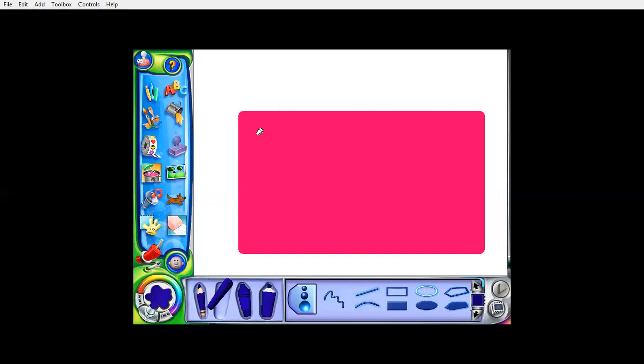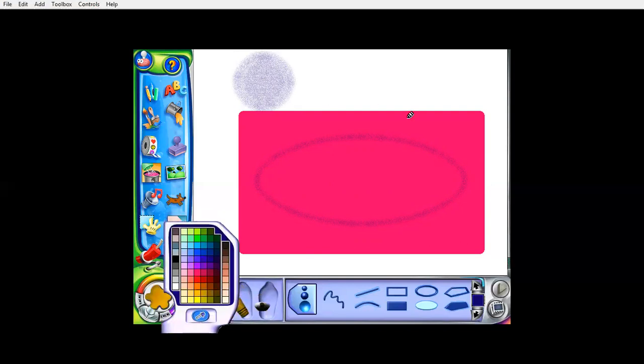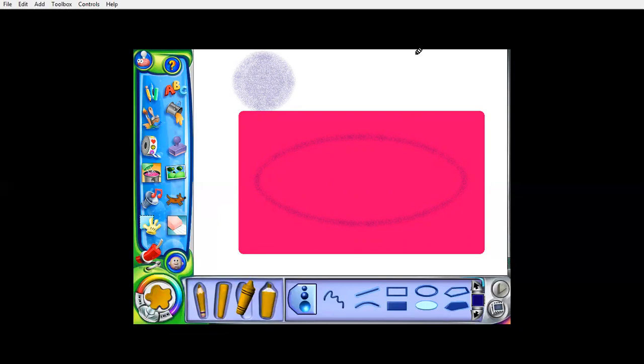You can make it inside also. See, I have made such a big oval inside the rectangle. You can take a fill color also, a filled oval also. I have made my filled oval over here. I can take a crayon also. Let us take a crayon. Let us take a yellow color and let us draw it. Let us see what changes come.